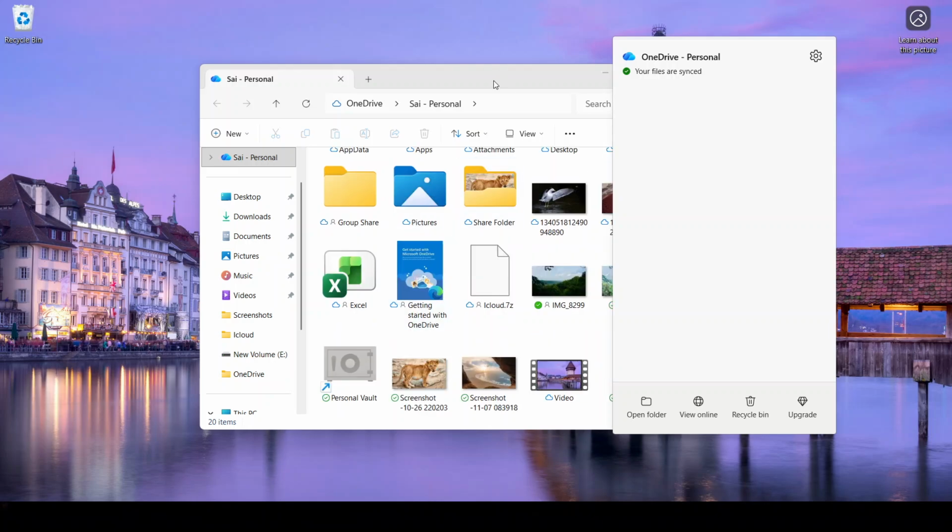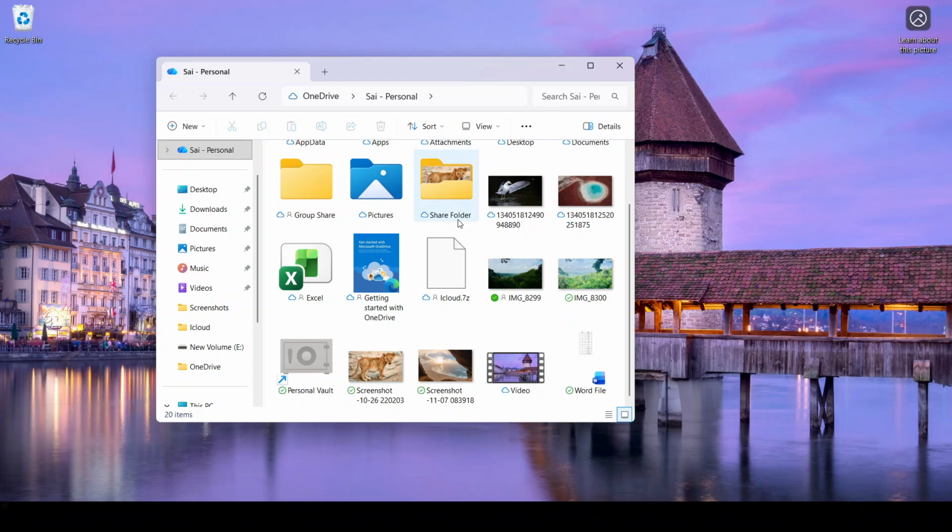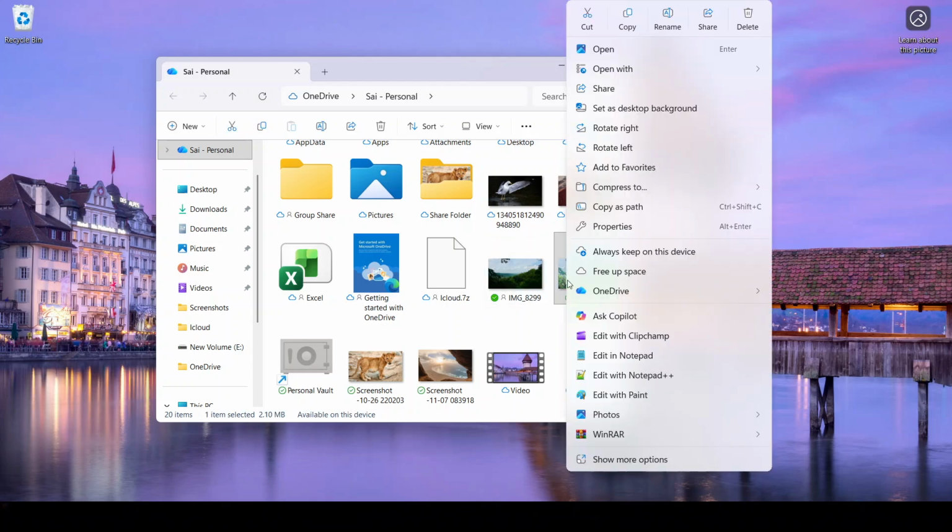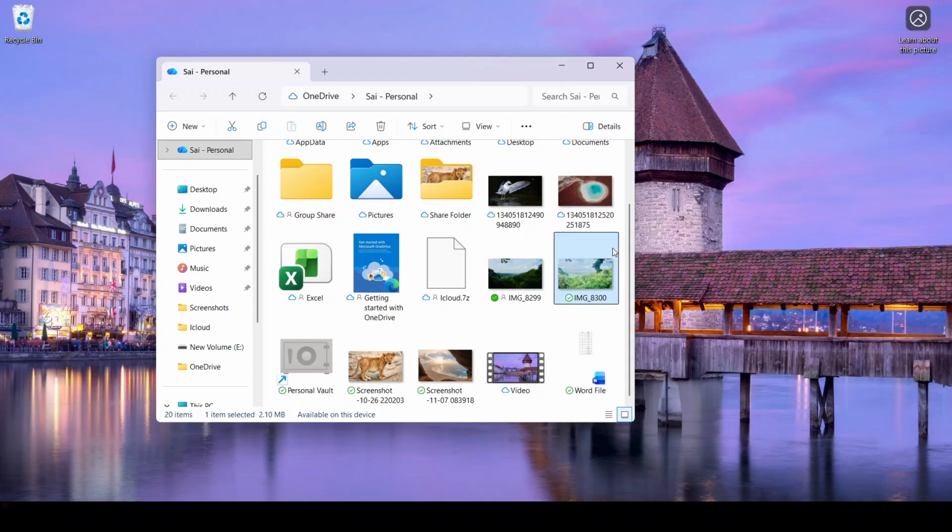Once you've determined the files you're interested in, right-click on the document or folder. In the context menu that appears, select the option Always Keep on this device. This simple action downloads the file to your device, making it available anytime, even if you're not connected to the internet. A little green checkmark icon will appear next to your files, reassuring you that they are now safely stored